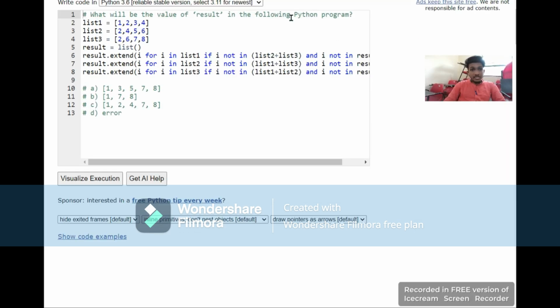We discuss the next question. What will be the value of result in the following Python program? This is a program. The given options are option A, 1, 2, 3, 1, 2, 3, 5, 7, 8. Option B, 1, 7, 8. Option C, 1, 2, 4, 7, 8. Option D, error. Here we create three lists named list 1, list 2, list 3,